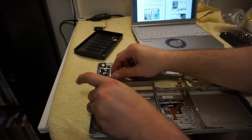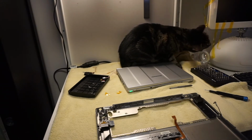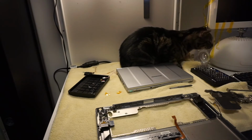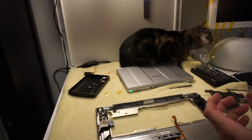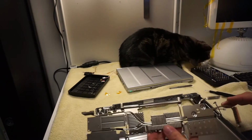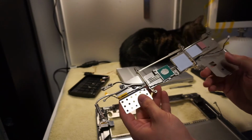Okay, well, I don't know how long this has been not recording for. Apparently I stopped it at some point. Because I'm not sure where it stopped, I'll recap a little bit. I took out the magnesium frame. I think it's magnesium anyway. Marco has joined us. He's very helpful. I got out the heat exchanger, and that has one of the wires for...